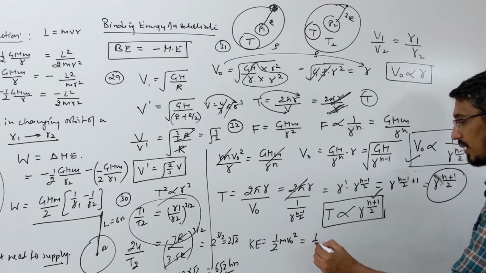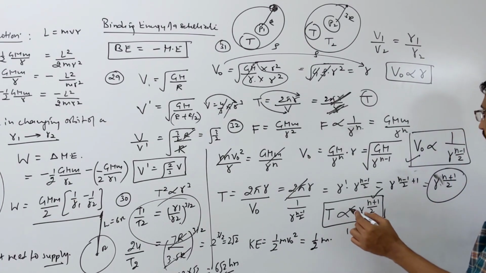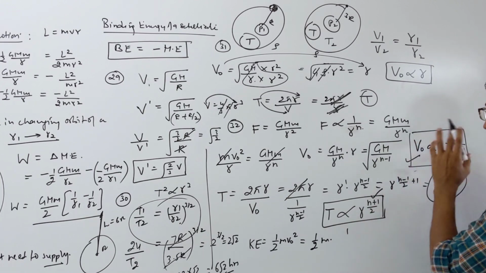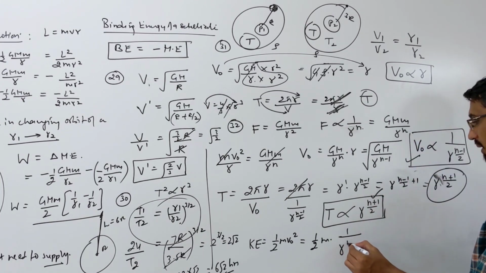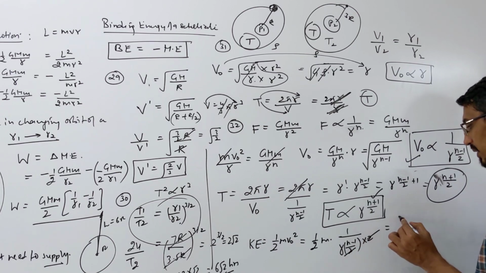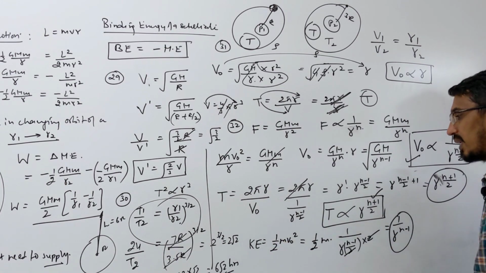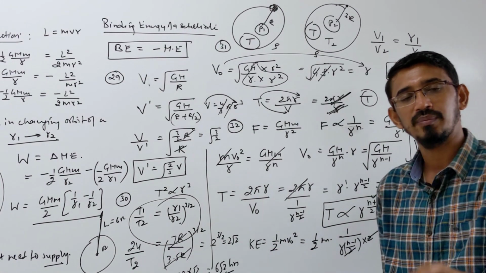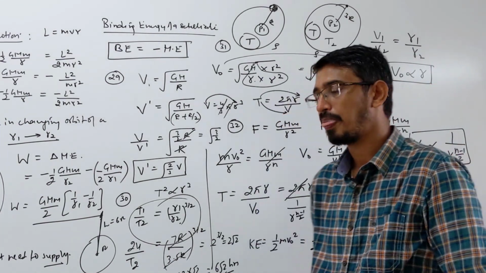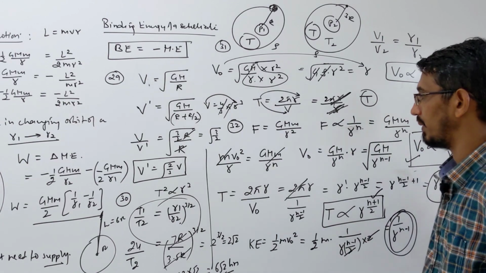Suppose you put velocity here, then you take the square of this number. So r power n minus 1 by 2, and squaring means multiplying this power by 2, and the 2 gets cancelled. So the answer becomes r power n minus 1. This is how your energy will vary, and all energies, kinetic, potential, mechanical, are inversely proportional. So any energy they ask will vary in that format. Please write it carefully, it's very important.